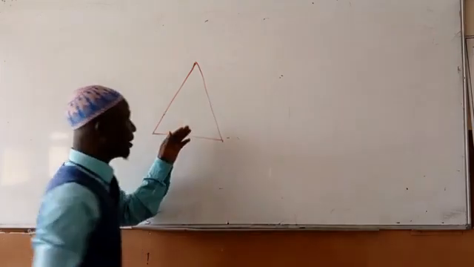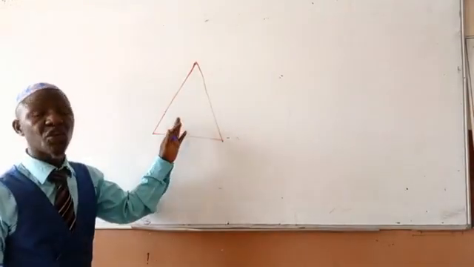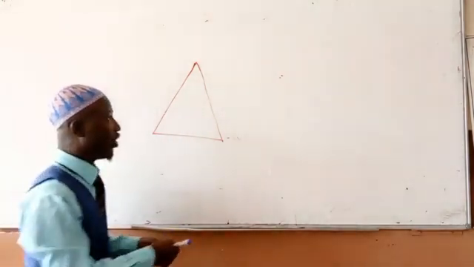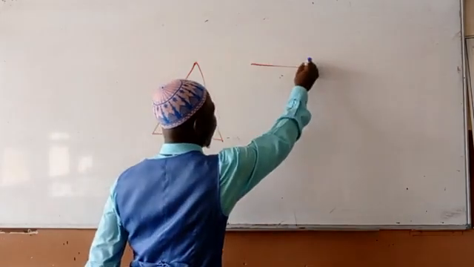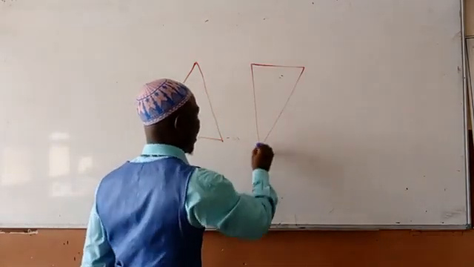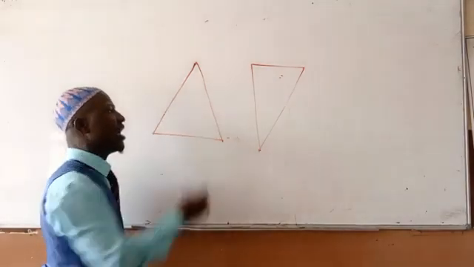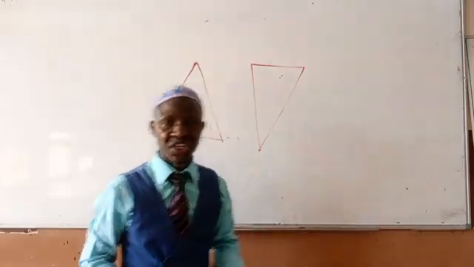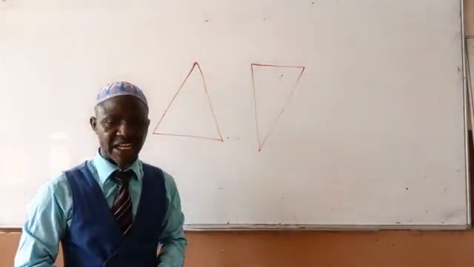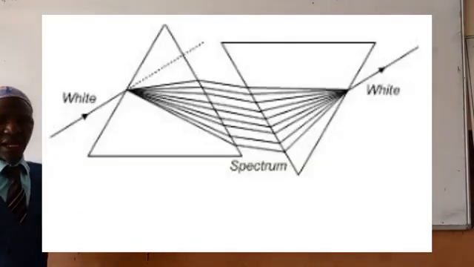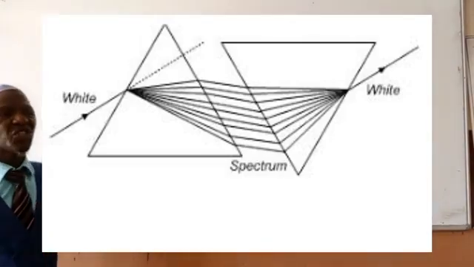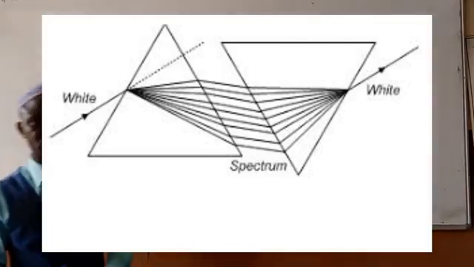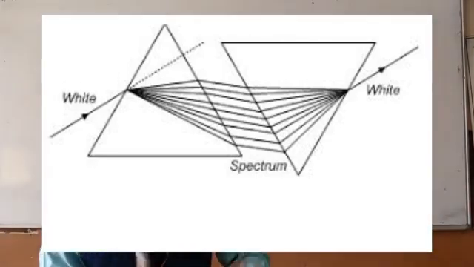So this prism, we separate it. In order to recombine it together, you now reverse another prism here like this. So this one we separate it, and this one will recombine. At the end of the day, on the screen here, you are going to see white light again. And look at this diagram now. In this case, you are going to see the result at the end of the separation is white light. And that's what we call the recombination of white light.